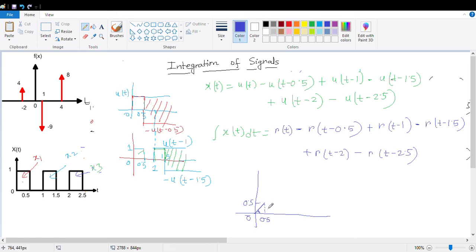Understood? Now after that, what is going to happen? This is a unit ramp, and at 0.5 another unit ramp comes. We know this will be opposed by this unit ramp because they have the same slope. So we will get a signal of slope 0. Slope 0 means like this. Now this will go up to 1, because at 1 there comes another ramp signal. So up to 1 we will get a signal of slope 0.